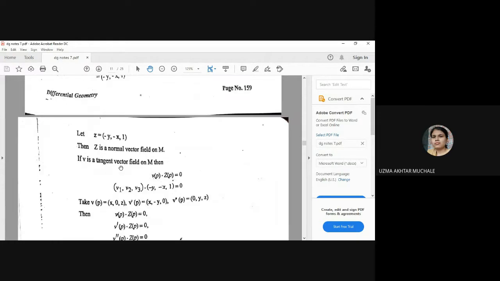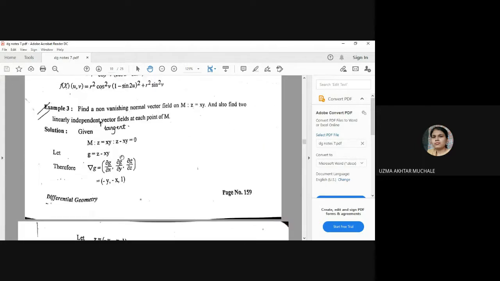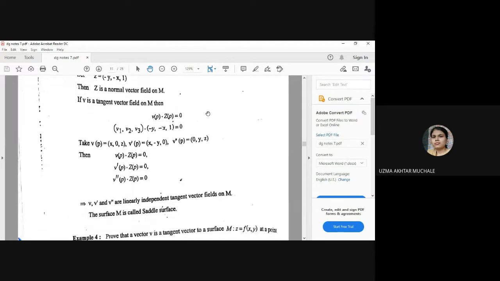Now, if you have the normal vector field, you just have to find one vector or a collection of vectors in such a way that the dot product of this vector with the normal vector should be equal to 0. So what combinations are possible for vector v such that the dot product with this vector should be equal to 0? If you see here, they have given us xy. So what will be minus xy? The second term is 0, the third term is z. So what is here? Minus xy. So z minus xy. What is the value of z minus xy from this equation? z minus xy is nothing but equal to 0.